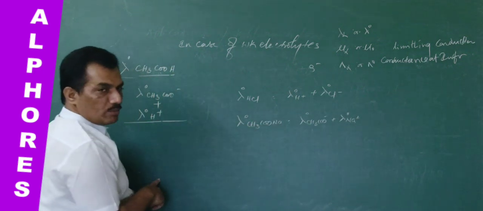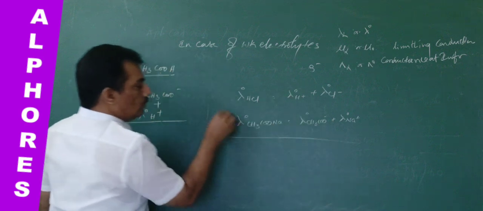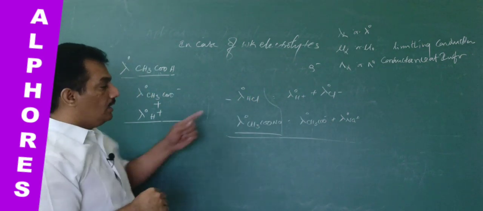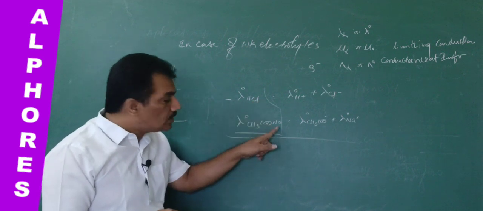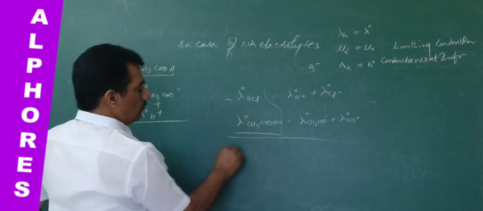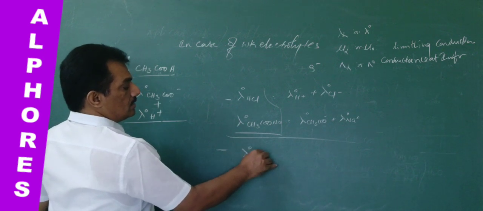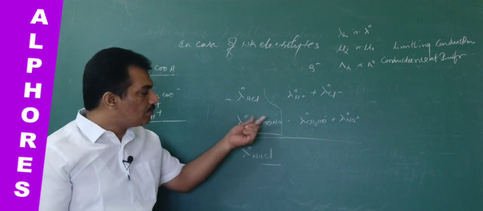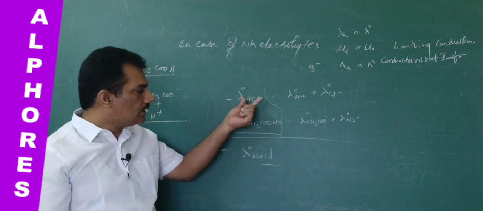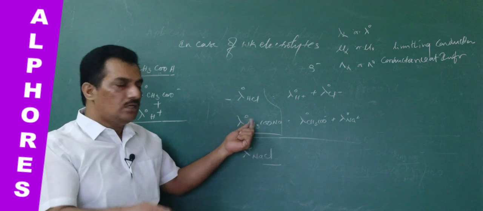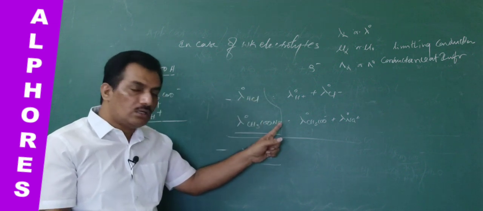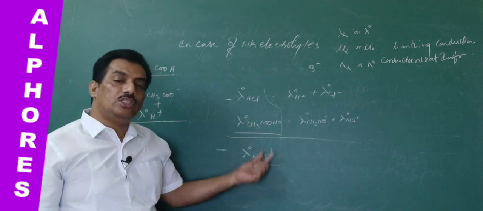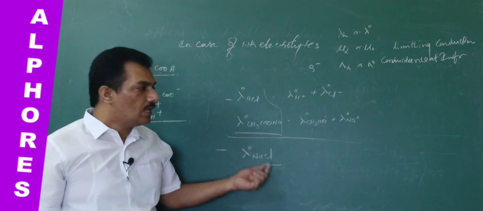Already we solved one model problem here also. To get these two, we are making these two sum up, but additional unnecessary ions are present. For that purpose, we are subtracting the NaCl conductance. We need not find separate ion conductances. We can just take these two electrolyte conductances, and thereby we subtract the electrolyte which has the unwanted ions in it.